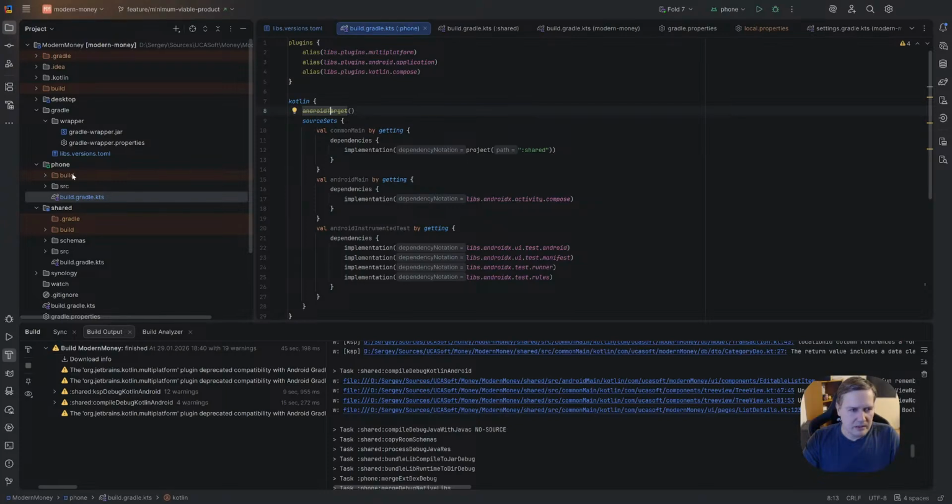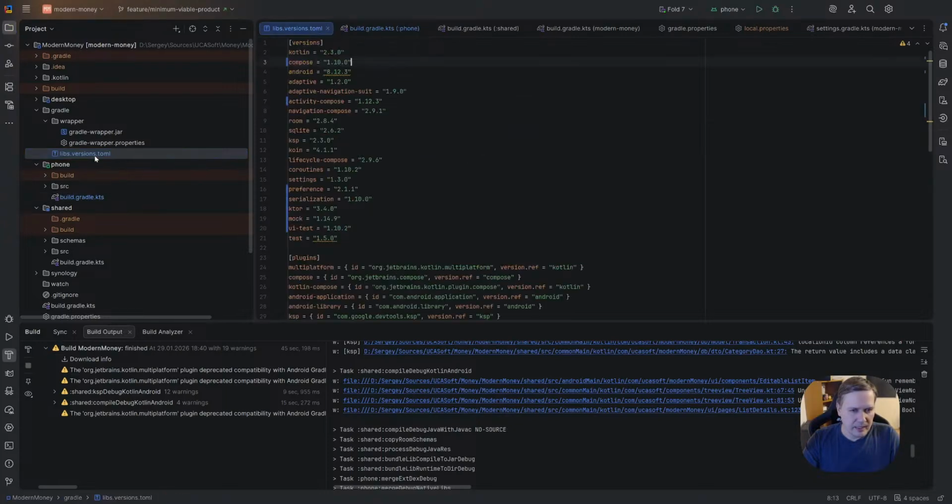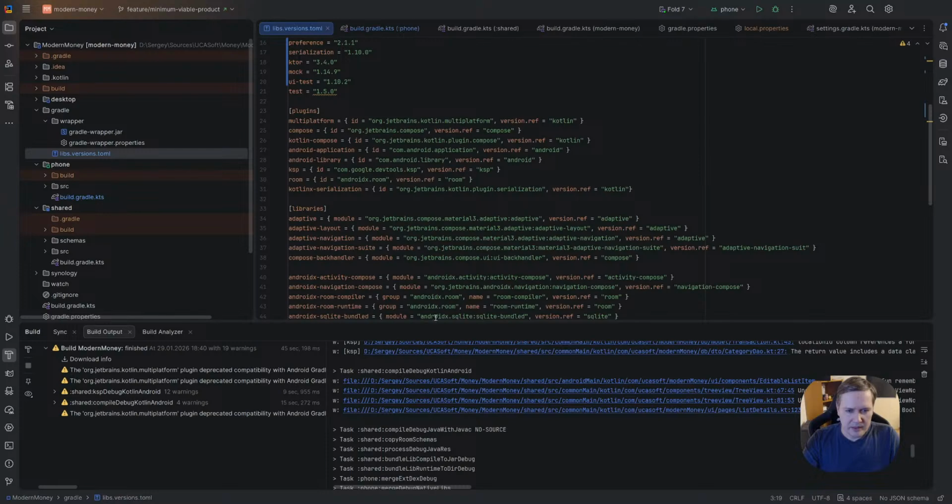So it says that we have to use plugins. Inside plugins, we have Kotlin Android, we have Kotlin Compose, we have Android application, Android library, Kotlin Compose.